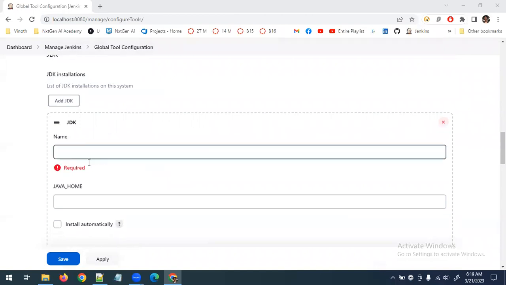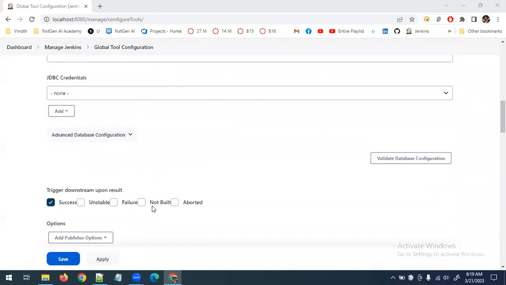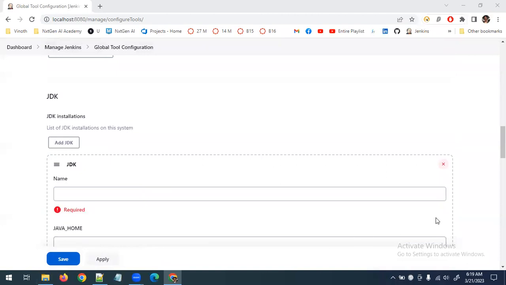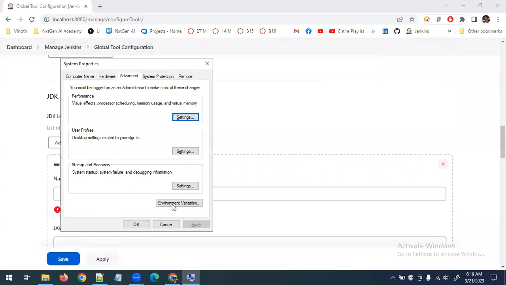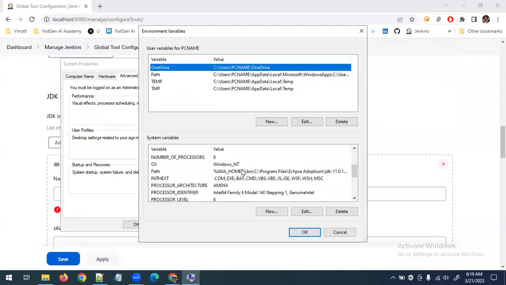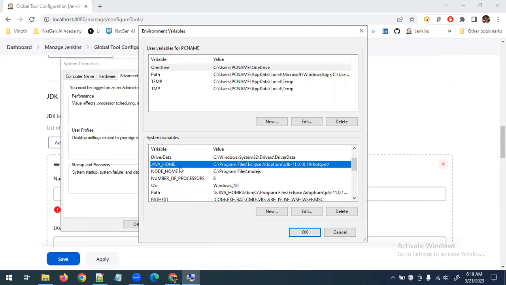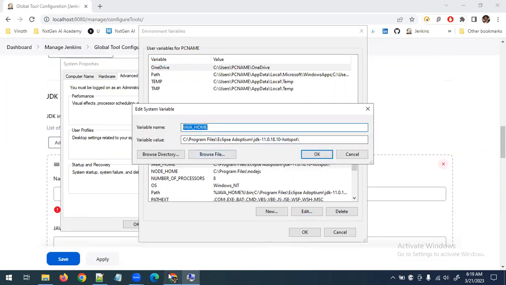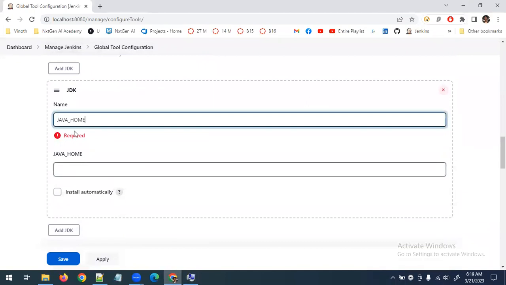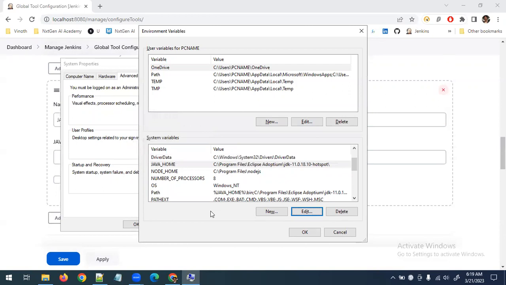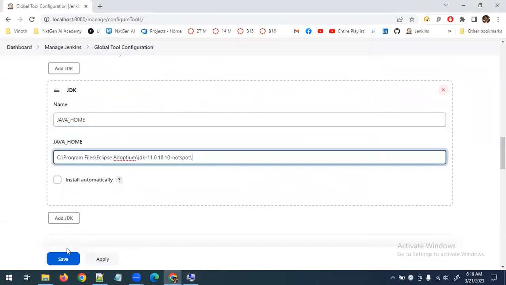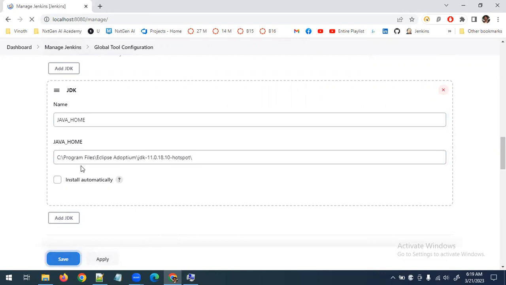So we are able to set this JDK path. Just now, how can you see that? Go to edit the system variable, environment variable. We have already added this JAVA_HOME. This is the path we have to mention in there. So what I can do, I can copy this and mention it like this, JAVA_HOME, and this is the path you have to refer to during the execution. Save JDK,